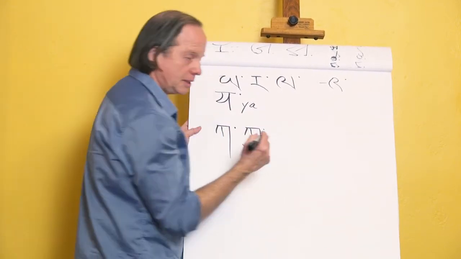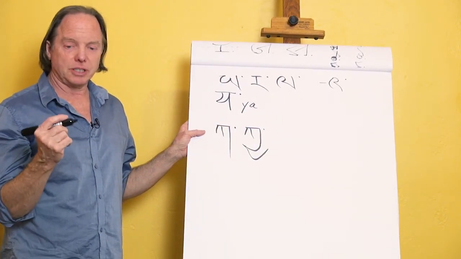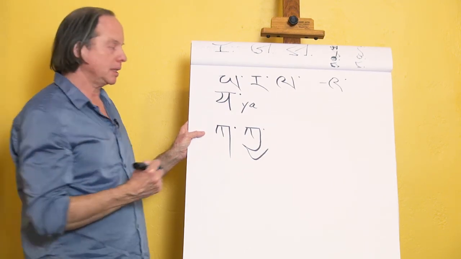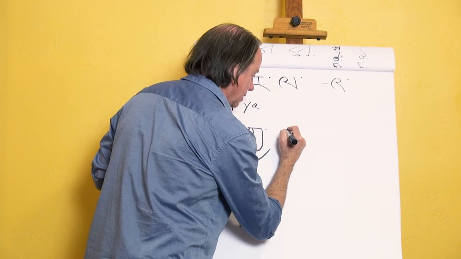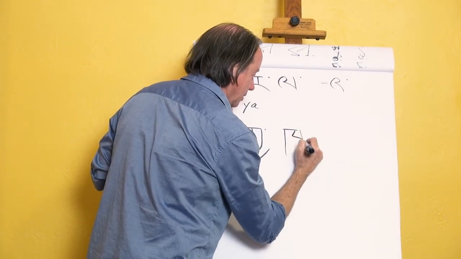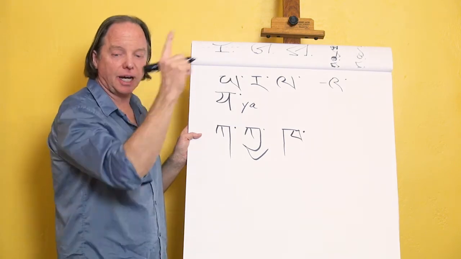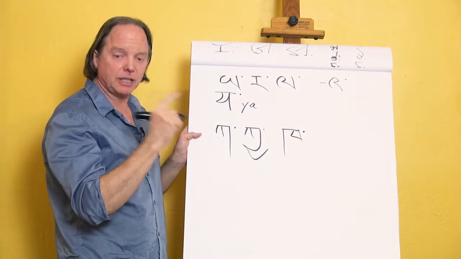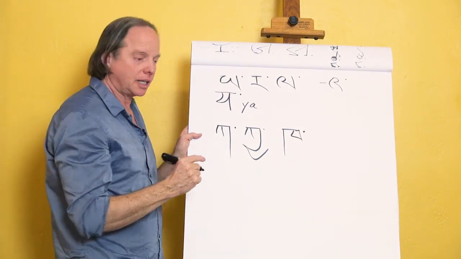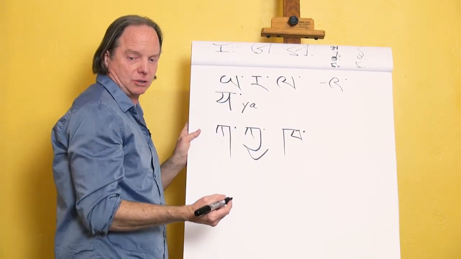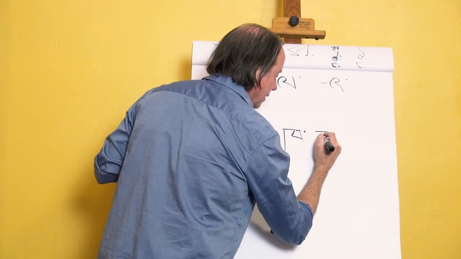The second column in Tibetan can take a ya. It could not take a head letter normally, but it does take a ya, subjoined letter. So we have here, what's this? Ka, still high tone, aspirated. Ka, like cop, or copper, or caught you, okay? And then we can add